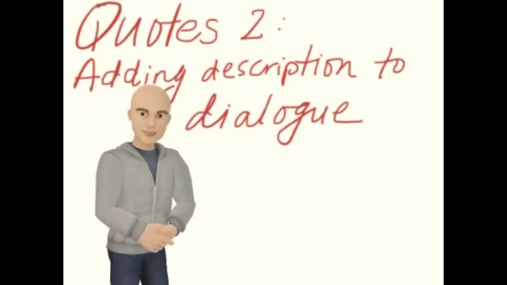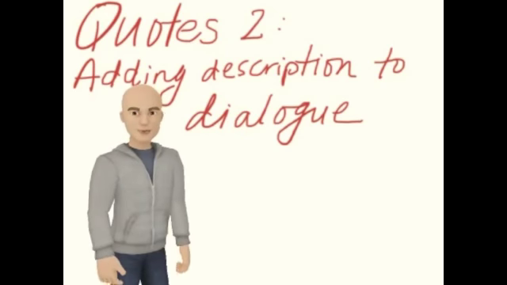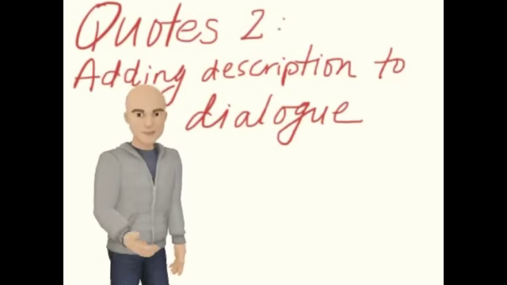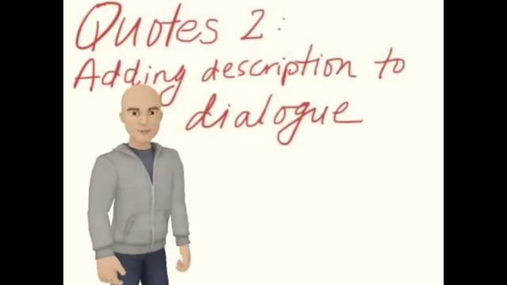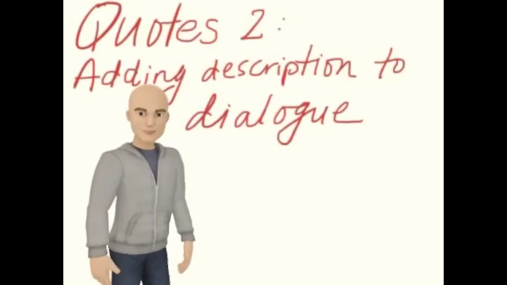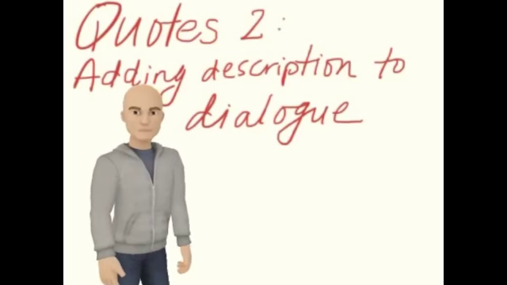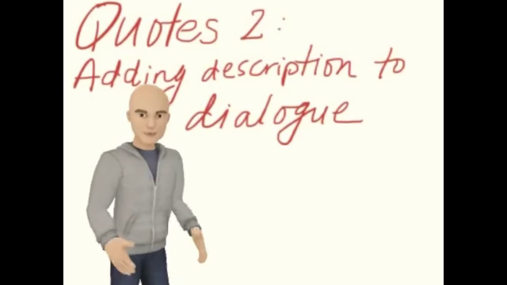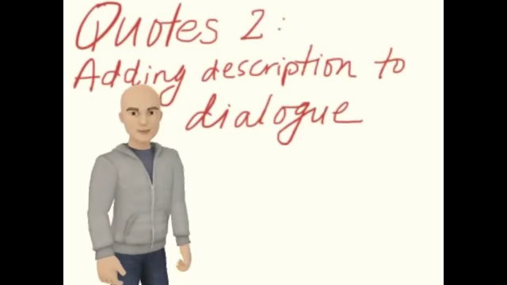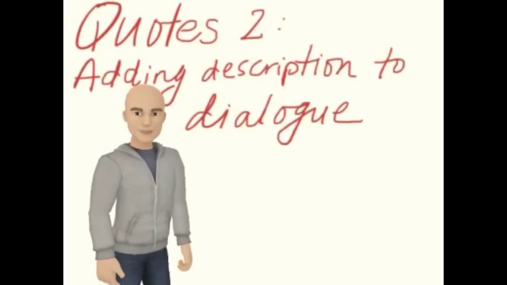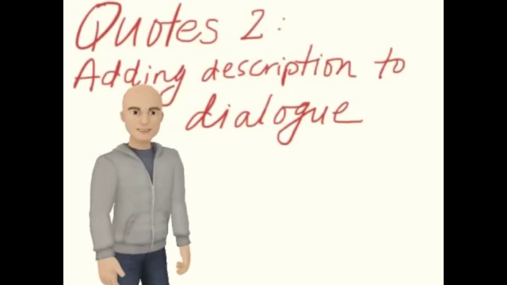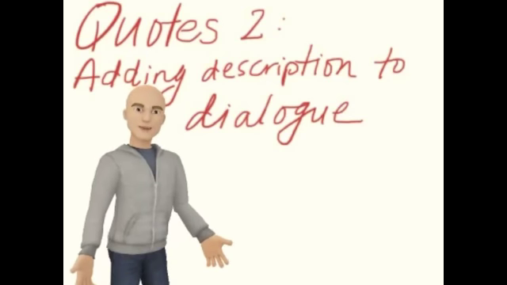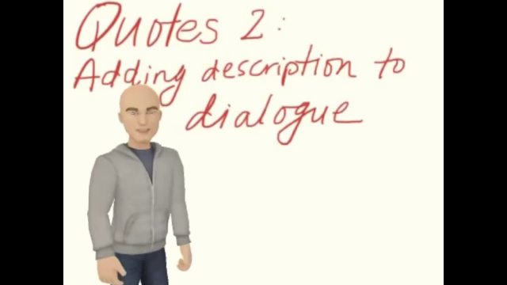Now that we know how to write dialogue, it's important that we add description and action to go along with the dialogue. Our characters don't talk like robots. "How are you today?" "I am fine." No, they do things as they talk. They move their arms, they wave their hands, they scratch their cheek. They do things to show who they are, and it also reveals their personalities. So get your characters moving as they talk. Here's how.